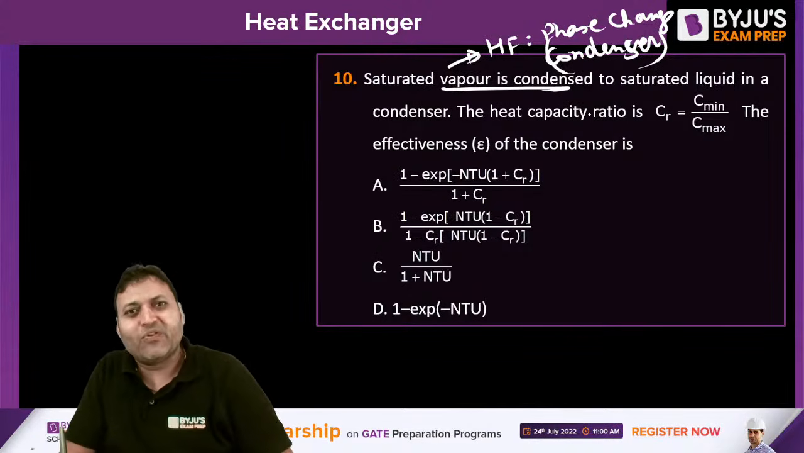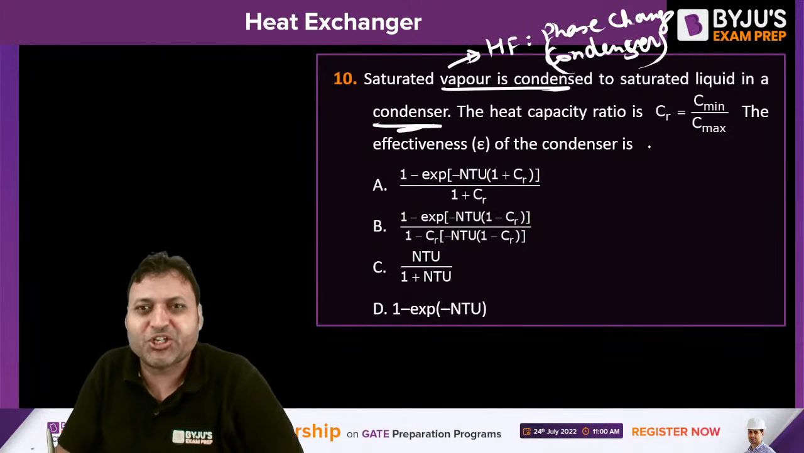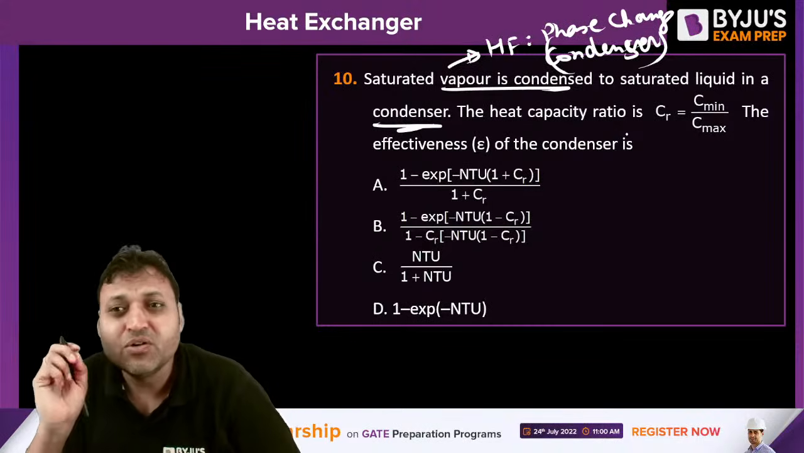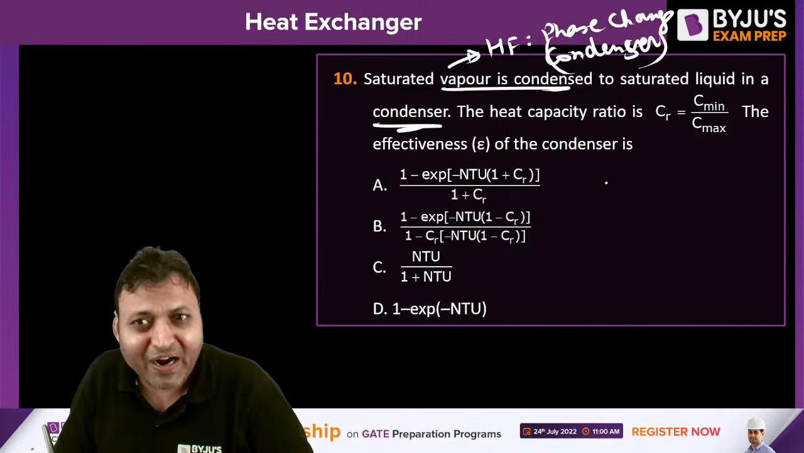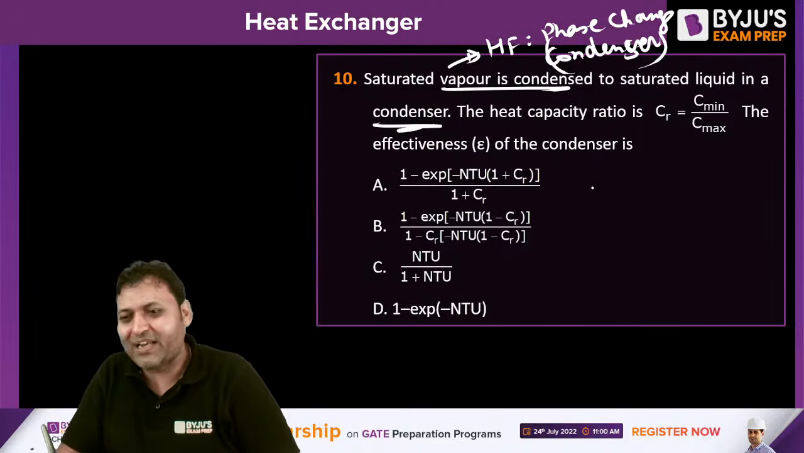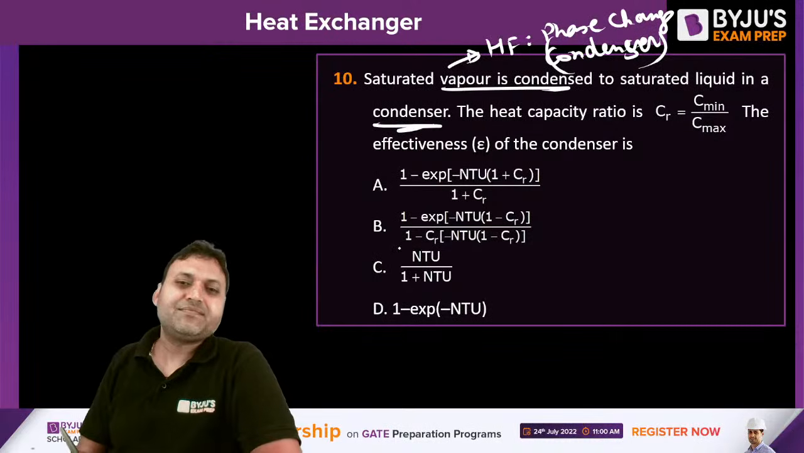To saturated liquid in a condenser. Yes, it is the condenser. The heat capacity rate ratio. The heat capacity ratio is C minimum by C maximum, that is CR or C. The effectiveness of the condenser is, what is the answer? The effectiveness of the condenser will be